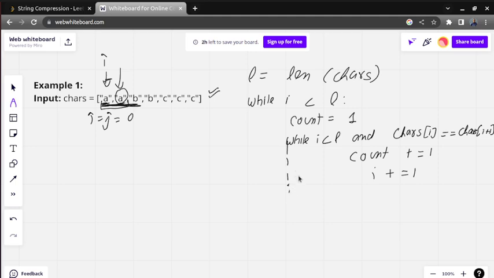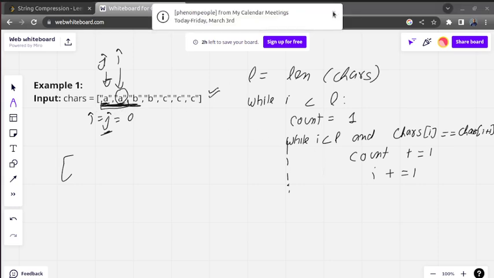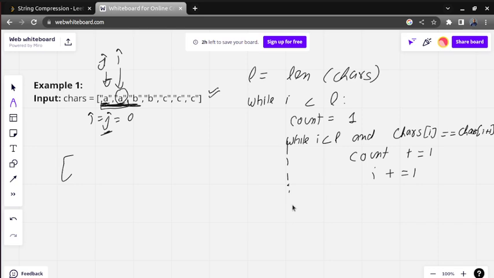Once it is coming out of the while loop, we have one more pointer j which was pointing here, and our i pointer is here. So basically we need to update the array also. After these consecutive elements are gone, we need to update the array. So we are going to do like this: chars[j] equals chars[i].